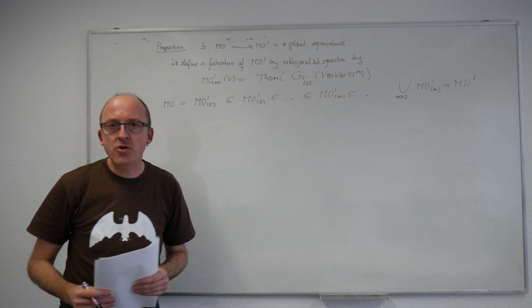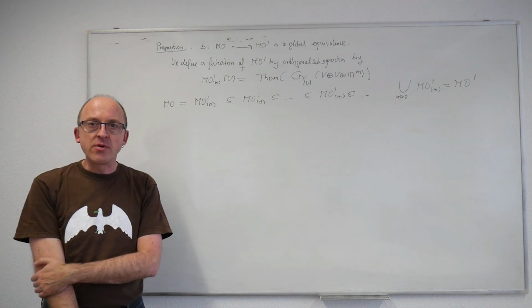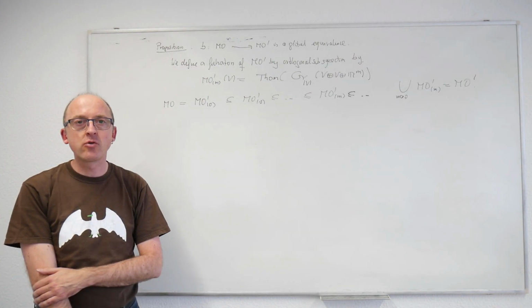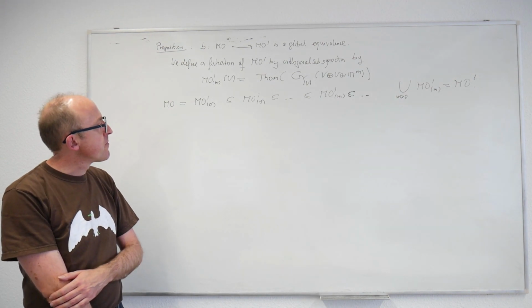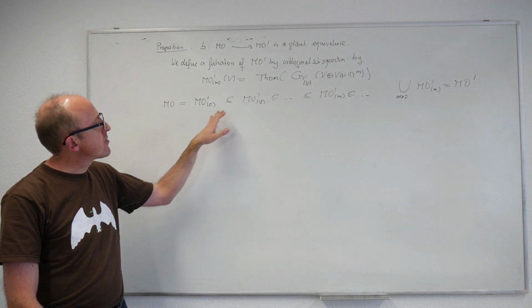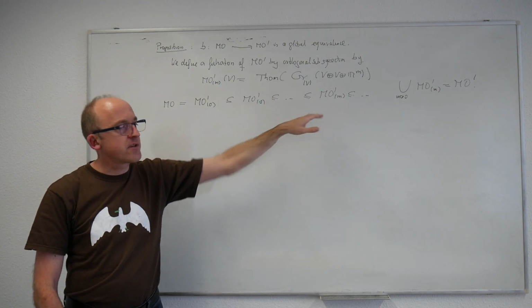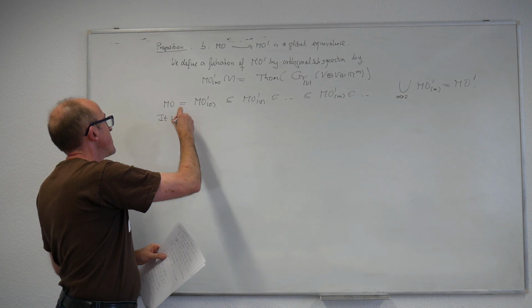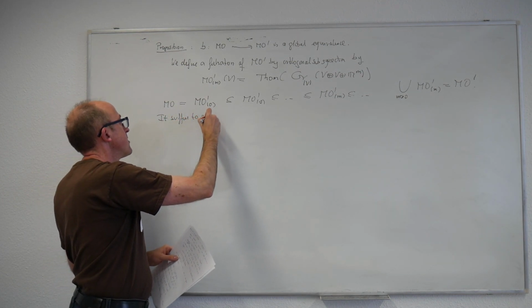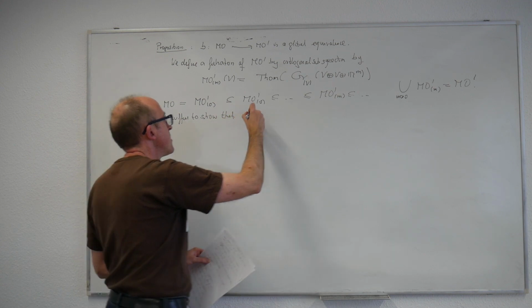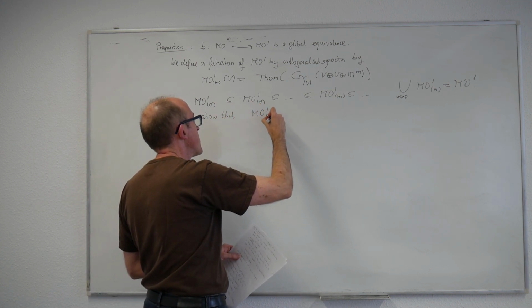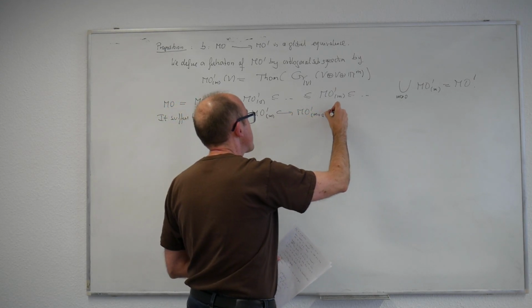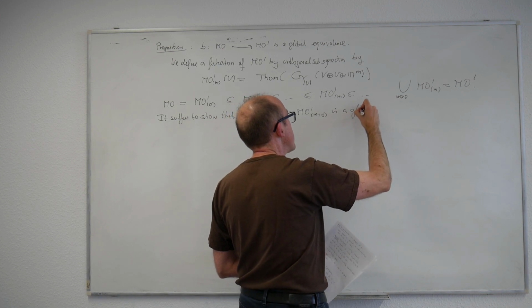This is a situation where we filtered by a sequence of closed orthogonal subspectra. So this is the kind of situation where equivariant homotopy groups commute with this colimit. In particular, it suffices to show that each inclusion of one of the stages into the next is a global equivalence. It suffices to show that the inclusion from MO prime M into MO prime M plus 1 is a global equivalence for all M.